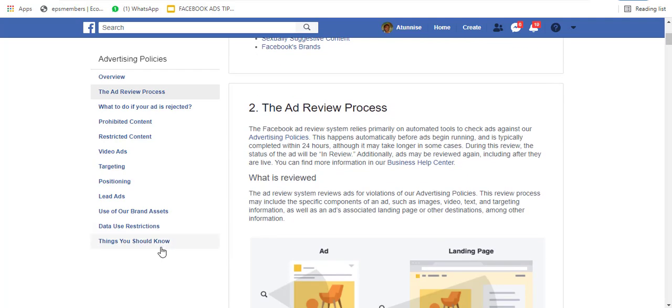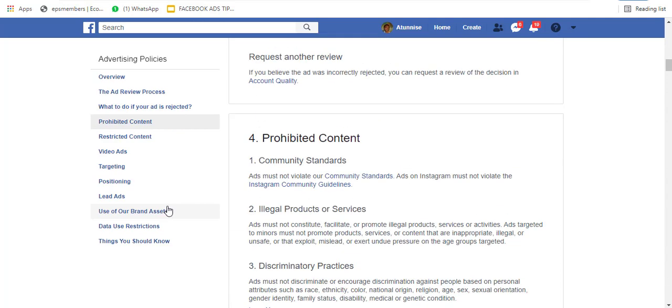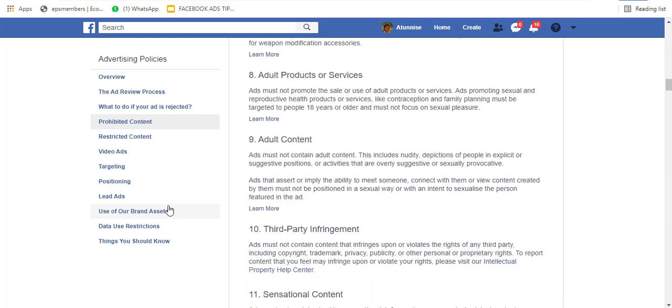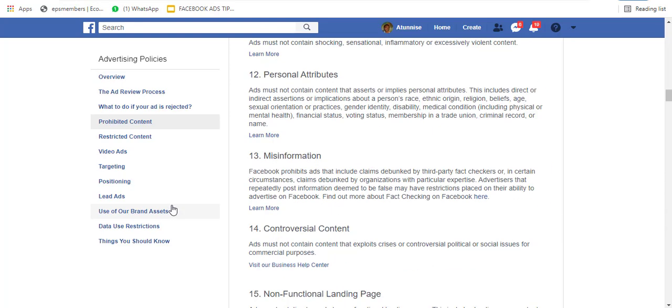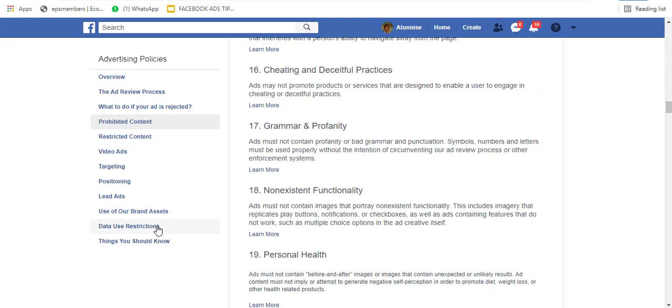Can you see now? For you to know that Facebook wants you to be successful in your advert on their platform, but you have refused to go through their policy. You and I, we have refused to go through their policy, to go through their academic platform talking about Facebook blueprint and ad blueprint. In fact, everyone watching this video, I want to believe that we are guilty of